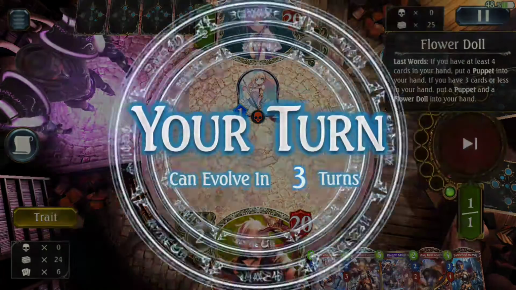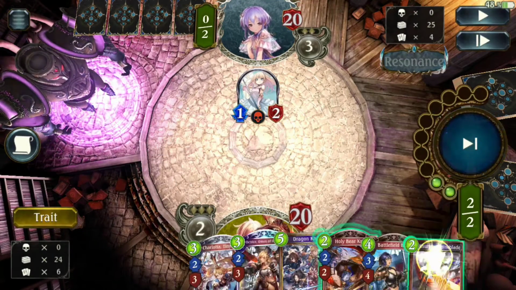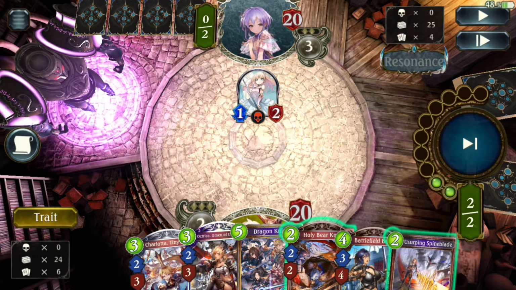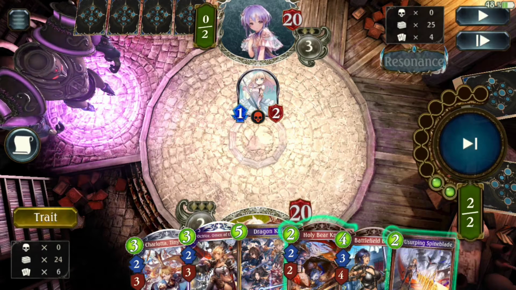Now here he plays Flower Doll. I'm like, okay, sure. Now you're going to see a little bit of an interesting turn for me here. You are going to see me use this Usurping Spine Blade. I know many of you might be like, Andre, why would you do that? Why wouldn't you just play the creature first? Well, I apparently have residual subconscious PTSD from that Brigade of the Sky